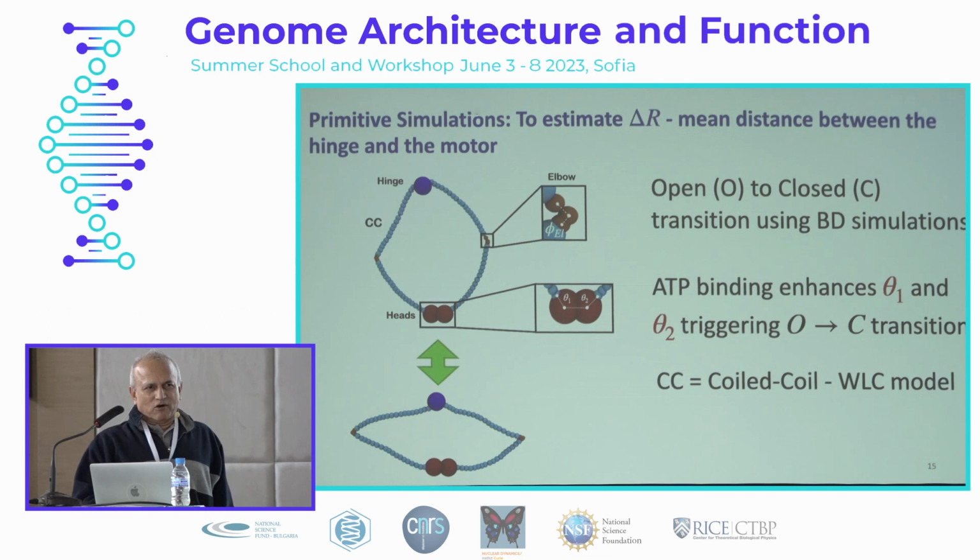What about this delta R? Because we wanted to see if we can devise a simple-minded picture based upon the scrunching mechanism. So we created this little model. You have a head, you have a hinge, worm-like chain, some flexibility here, and the two states are the open